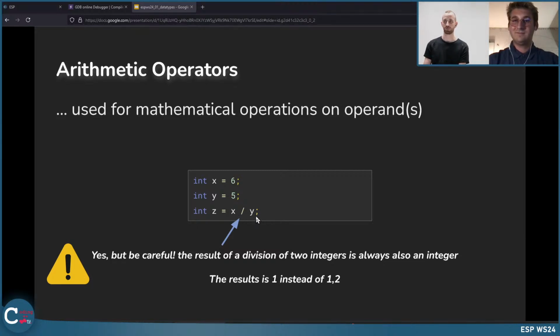To find a solution for that, y or both have to be floats as well, then this would work. Maybe it's not important for you now, but you will come to a point in programming where you get a funny result from a division, and this is the moment where you should realize, okay, I'm dividing two integers. That's always the problem.